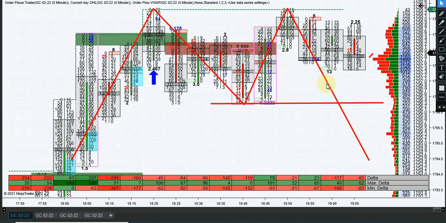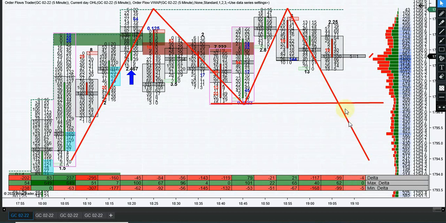I like what I see so far because the delta is looking super strong. So there we go, another 5-minute candle close. Good data in there. So let's see if we can probably pause this video and see what's probably going to happen in the next few minutes,